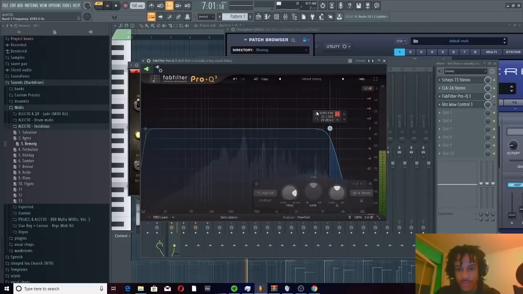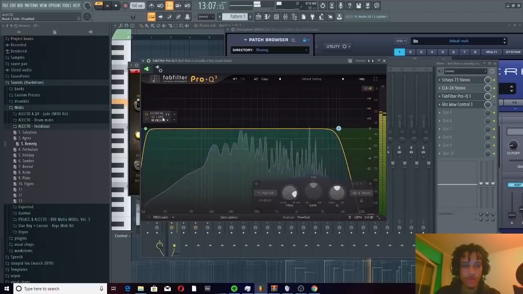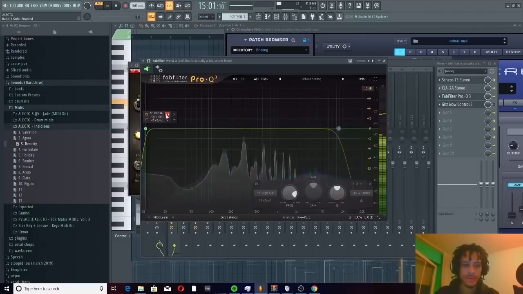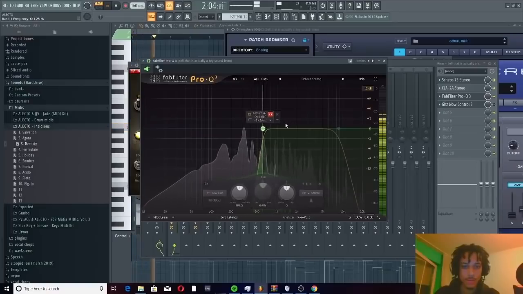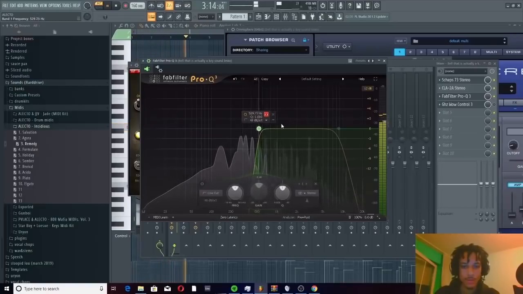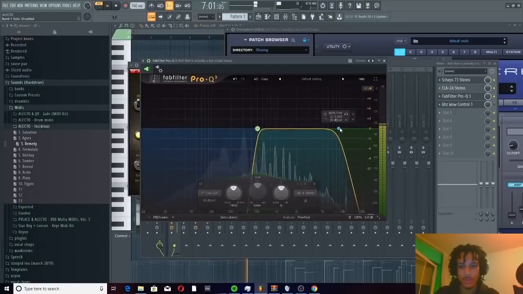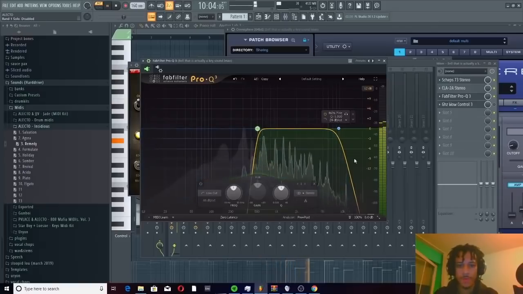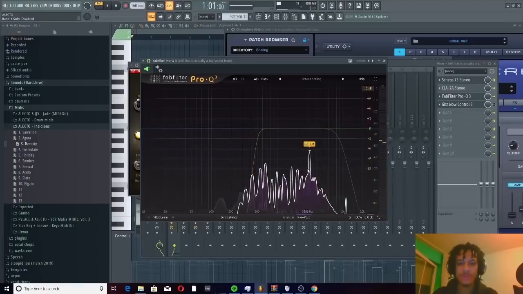So this frequency already adds some character to the sound, so I want to drag it back up a bit. And I'm going to do the same thing on the other end. Sounds about right like this. So and at last I'm going to cut some of these frequencies out. As you can see here,